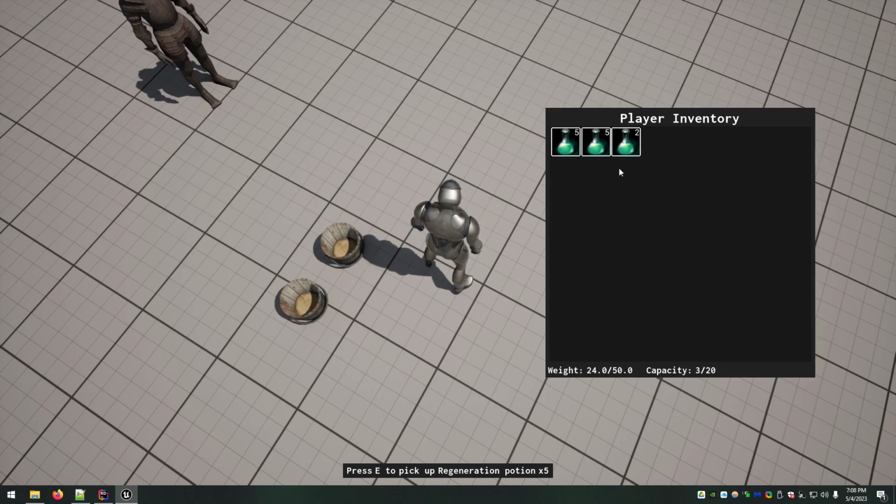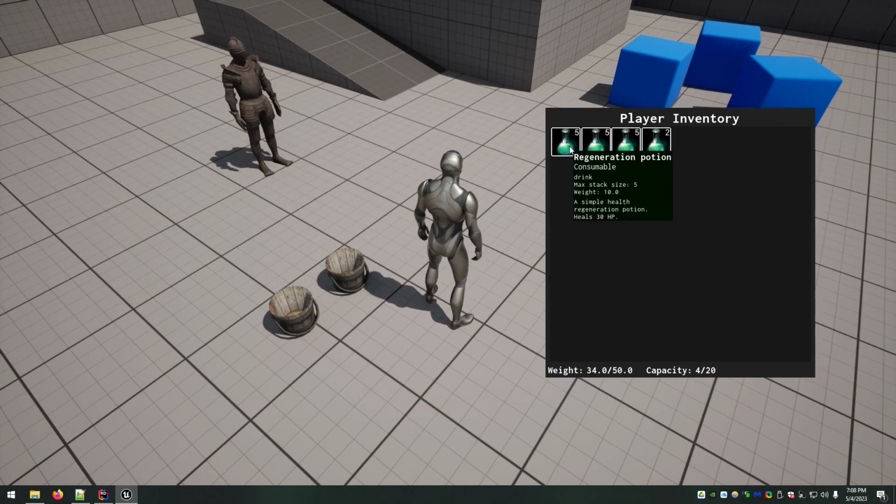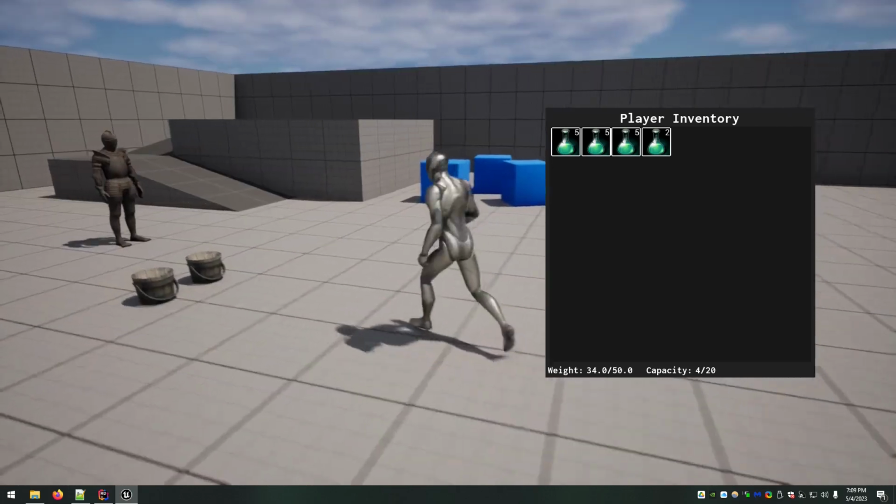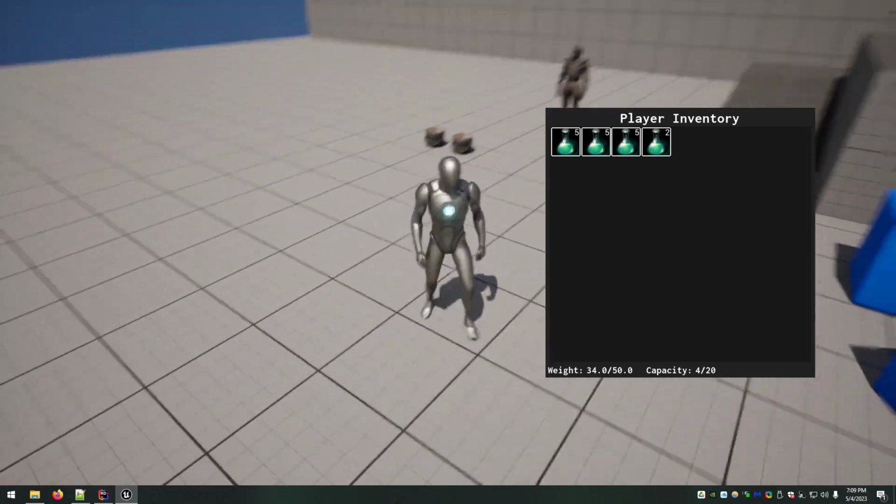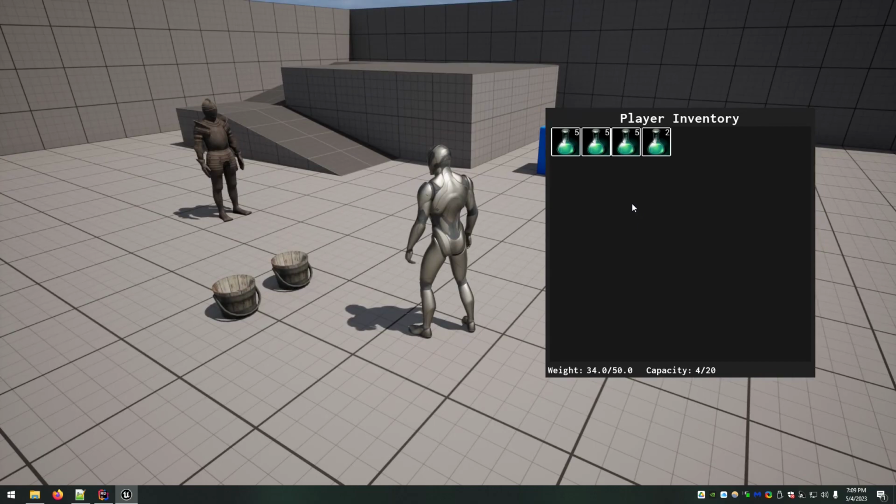So now at least 3 full stacks, and then there will still be 2 remaining, which is basically what I wanted. I just wanted to show that it would distribute it across all 3 before it added that. So there we go. 3 stacks of 10 makes a weight of 30, plus 4 for the 2 is 34. Weight looks good. We have 4 slots. That's a capacity of 4. So I think we can call this good. I think that handling stackable is now working.